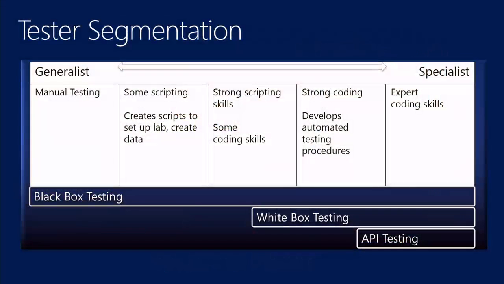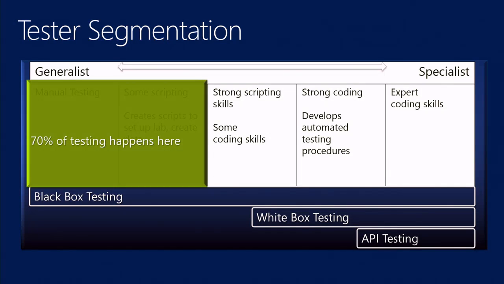And so what we did is we took a look at the entire testing ecosystem. And at the far right end of the spectrum, you have people that are writing automated tests. Maybe these are unit tests, they're load tests. It's writing code that tests other code. At the far left end of the spectrum, you have people that wake up every day and they put their user hat on and they try to use the software by running through a set of test cases and trying to break things. And so as it turns out, about 70% of the testing takes place at the left end